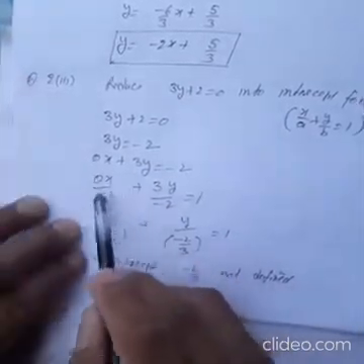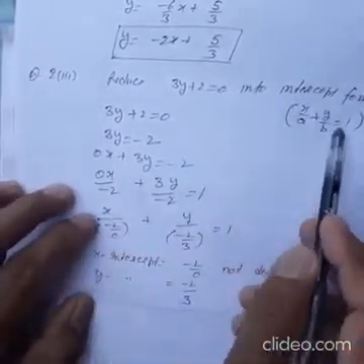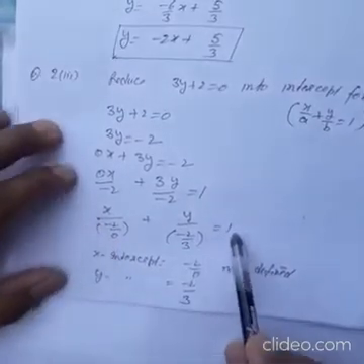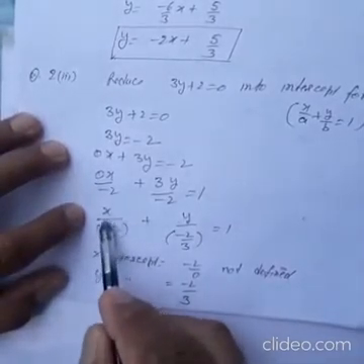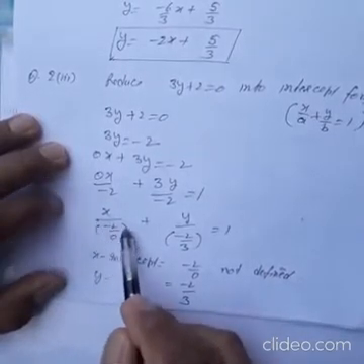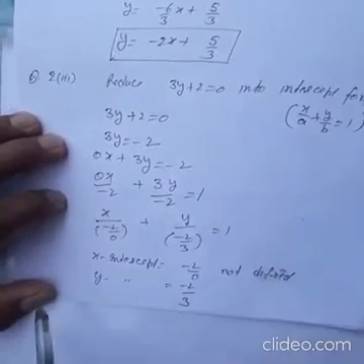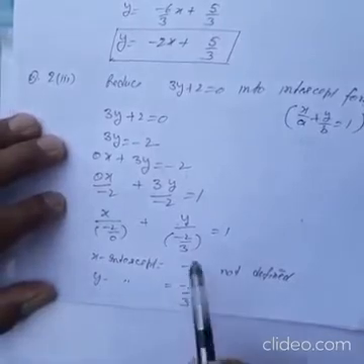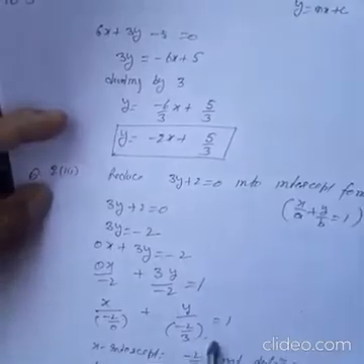So after division, this is the equation. We have to write the equation in this standard form. So x upon minus 2 upon 0 plus y upon minus 2 upon 3 is equal to 1, because here this is not defined. This is the x-intercept, and because it is minus 2 upon 0, the denominator is 0, so this term is not defined. So the x-intercept is not defined, we can't find the x-intercept. But the y-intercept is this value, minus 2 upon 3. So the y-intercept is minus 2 upon 3 and the x-intercept is not defined. So this is the intercept form of the line.